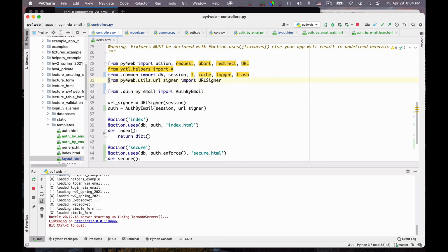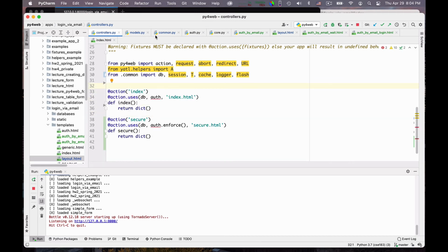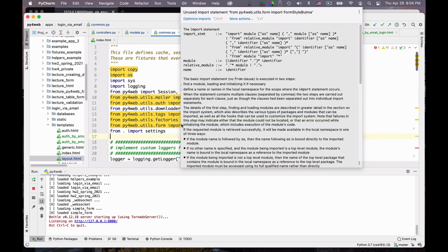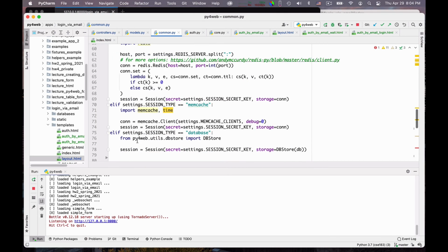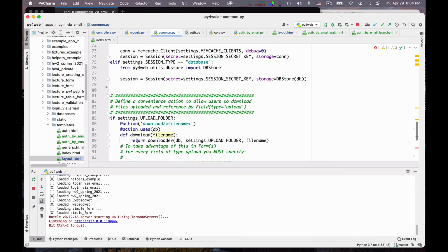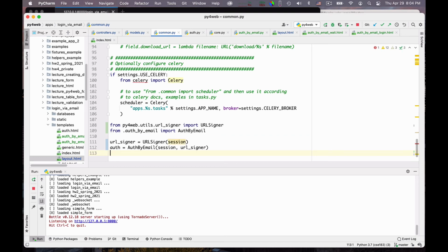So these lines here, let me put it into common. Okay. Pick the session type. Okay, let me put it at the end, for instance.